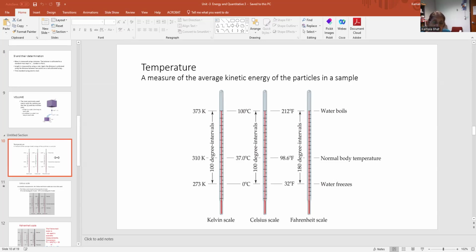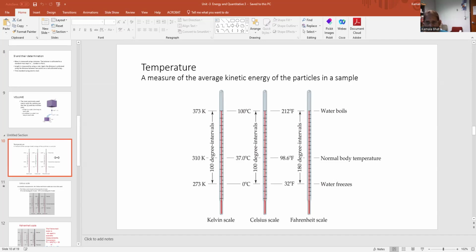And the temperature that is used to calibrate any thermometer is water: the temperature when water freezes and when water boils. Water freezes at 0 degrees Celsius and boils at 100 degrees Celsius. The difference is